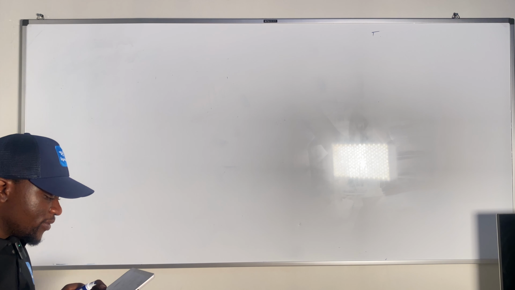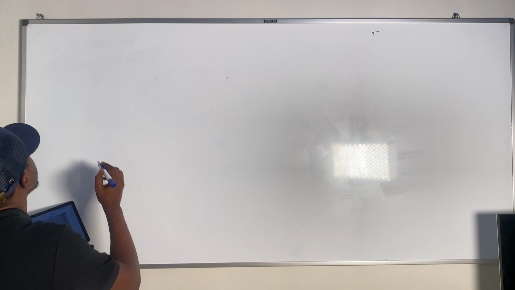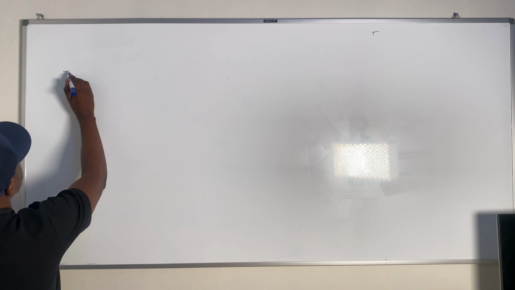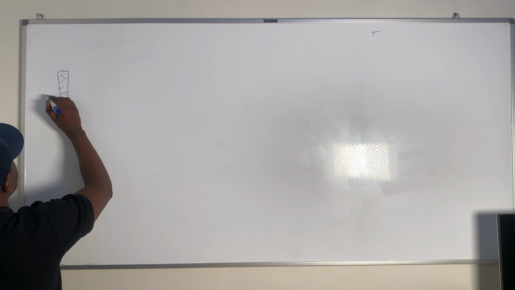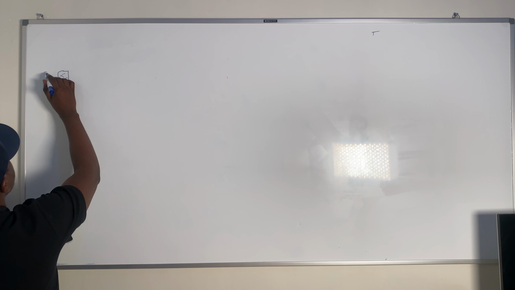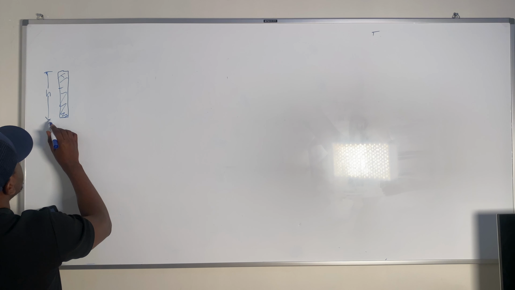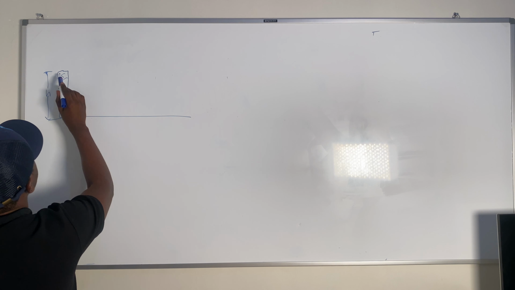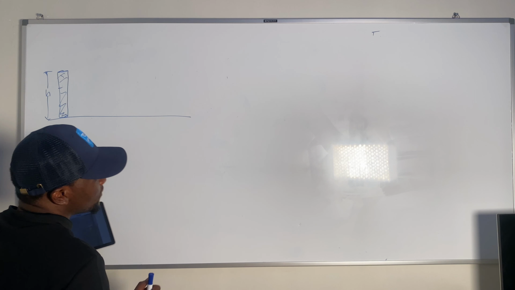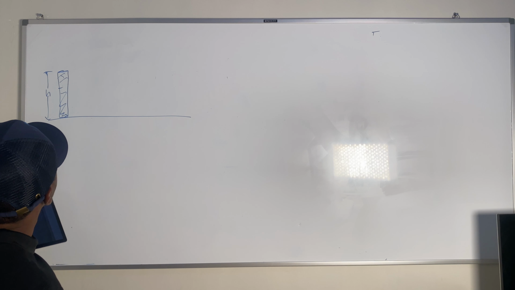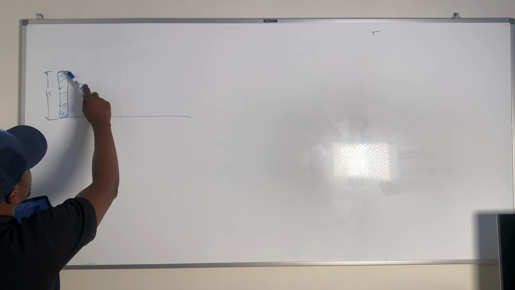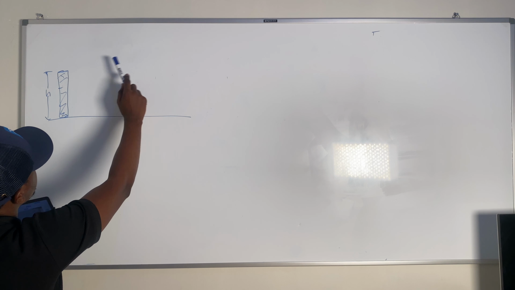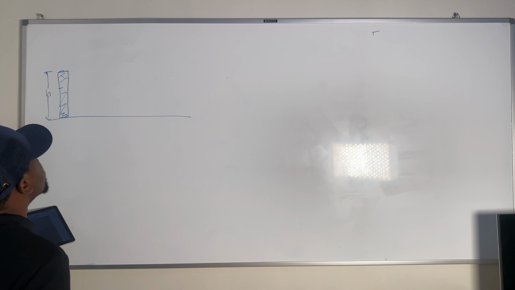So now let us learn about the projectile motion of a body projected from a given height. Let us assume you are standing on a roof at a height h from the ground. This is the ground, and from this point there are various ways we can throw the projectile: horizontally, at an angle above the horizontal, or at an angle below the horizontal.